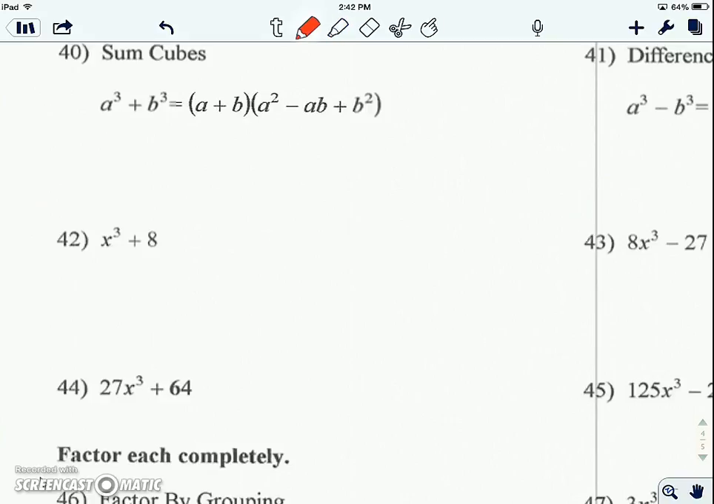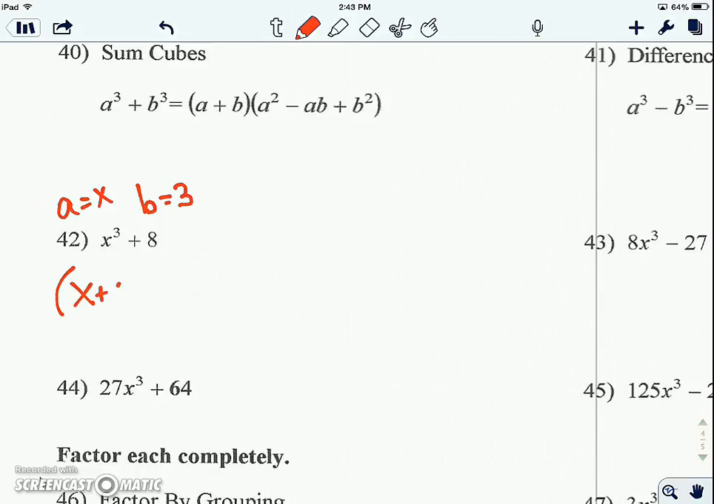So let's look at it. In this case, what's the cube root of x cubed? So in this case, my A is x. And what's the cube root of 8? That is 3. So my B is 3. So it says my answer is going to be